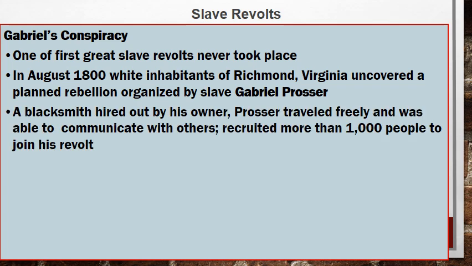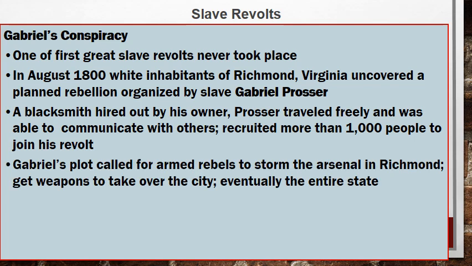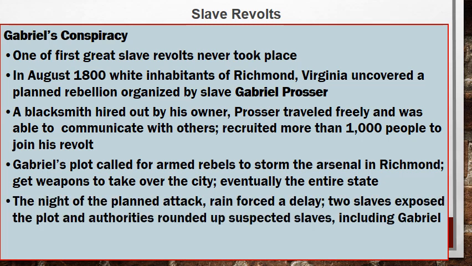He was a blacksmith, so he was hired out by his owner and traveled quite frequently, and recruited about 1,000 people to join the revolt. They were going to storm the arsenal where weapons would be stored in Richmond, so they could then take over the entire state, except a rainstorm delayed the crossing over creeks into Richmond, and then 2 slaves